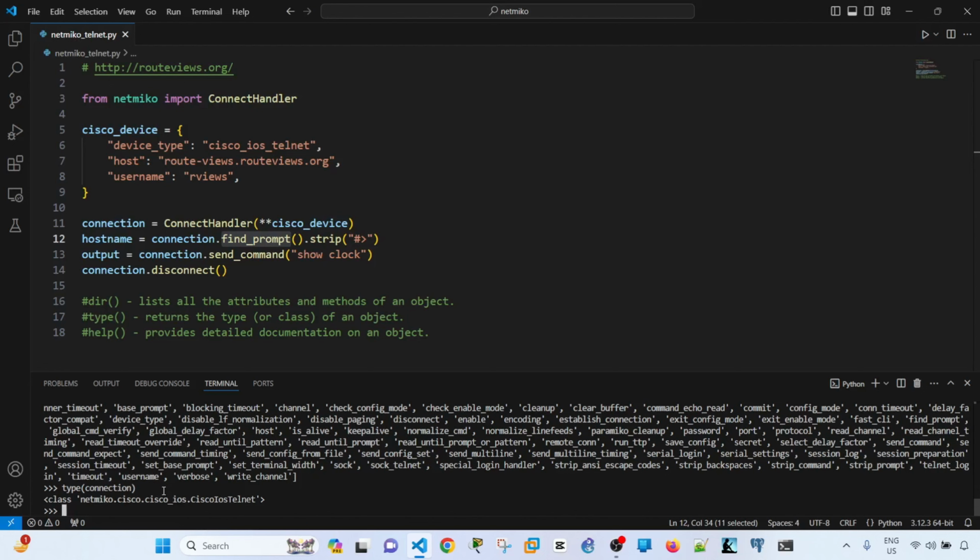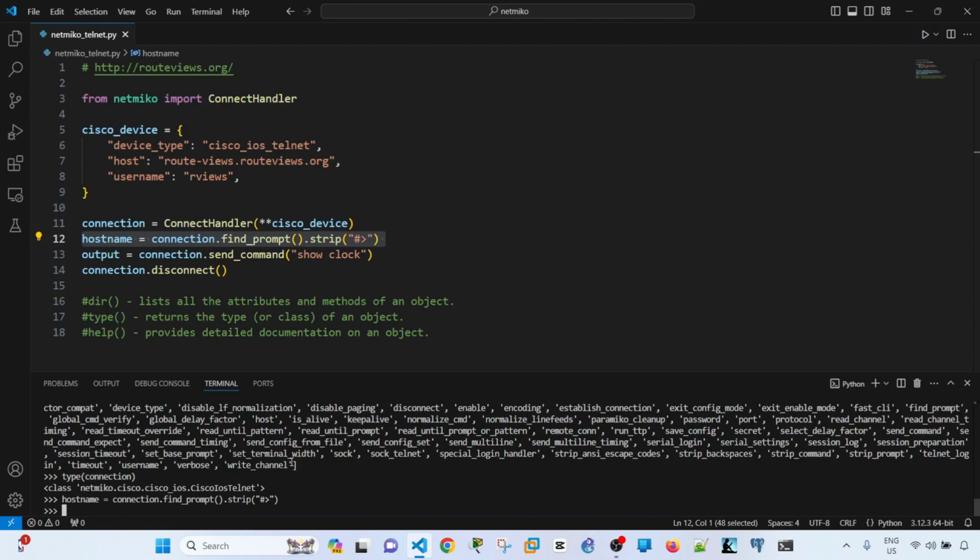So it says this is a class, but if I use this type function, and I think I need to enter this first. Yeah. So if I use the type function to determine the type of an object,